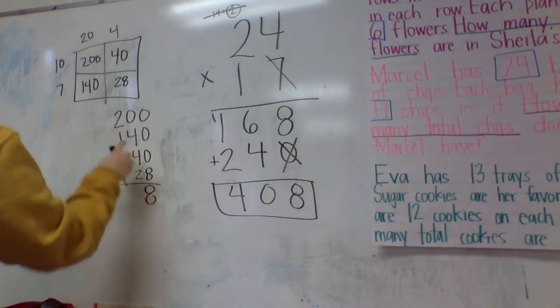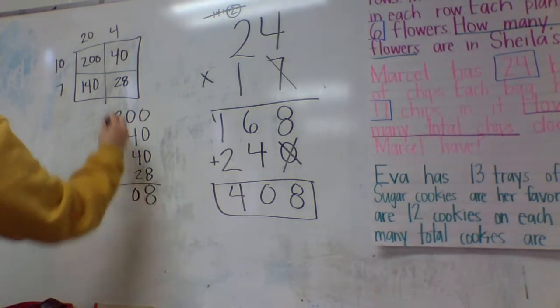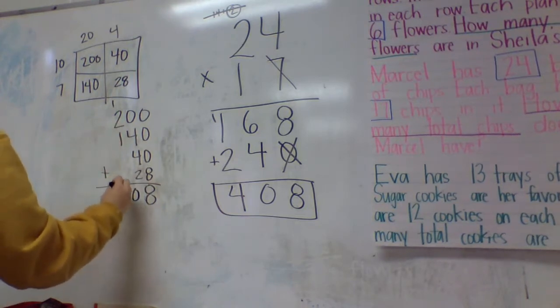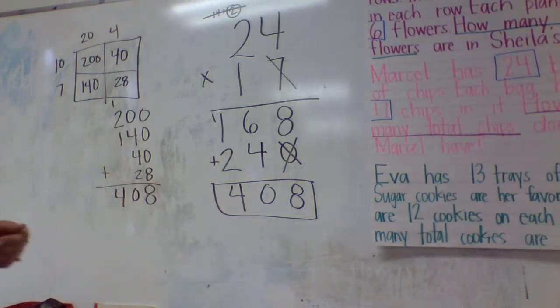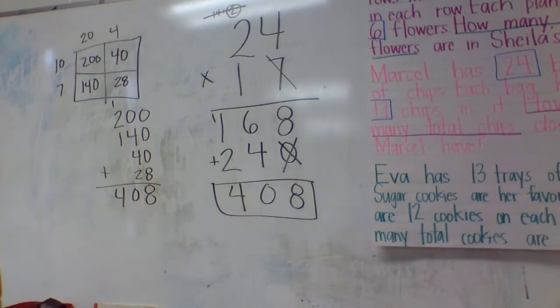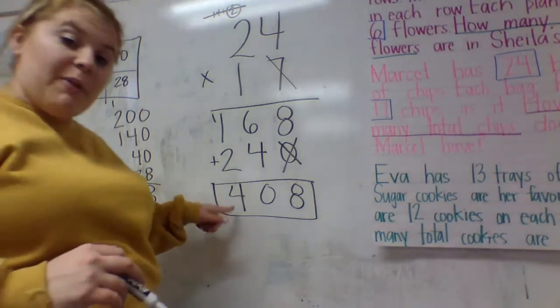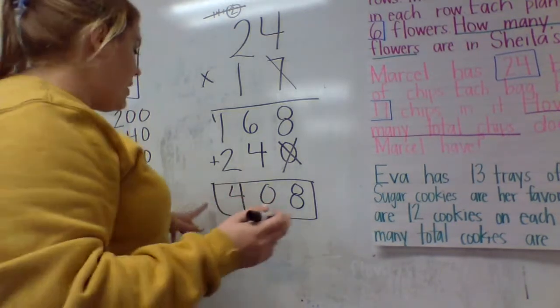8. 4 plus 4 is 8, plus 2 is 10. 1 plus 2 is 3, plus 1 is 4. So I multiplied with both strategies, with 2 of my 3 strategies. I got 408 both times. So that I know is the numerical part of my answer, but then I also have to tell me 408